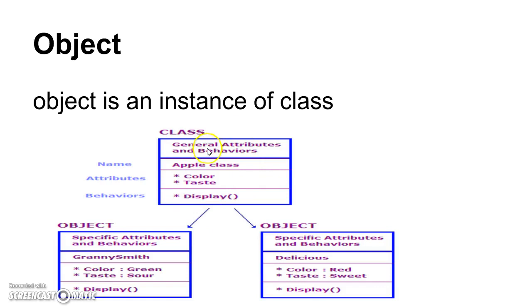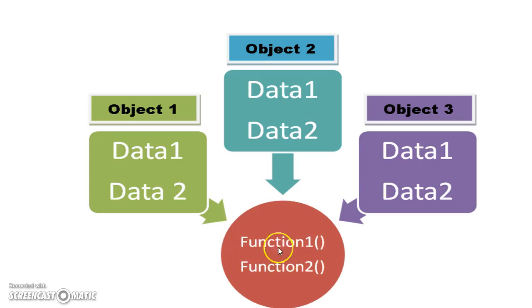So class is just a template. We cannot play around with the functions we have written inside the class. To play around with, we should have to create an object. Only remember that. So once we create a class and the functions inside, we can have any number of functions inside a class. So suppose function 1, function 2 are inside the class. Now we are creating object 1, object 2, object 3. So all three objects can access these functions and data.